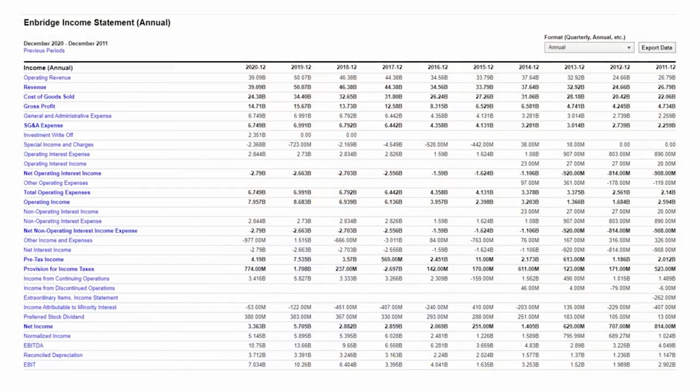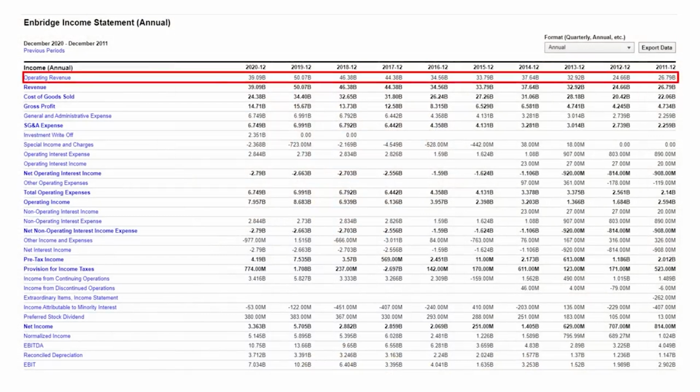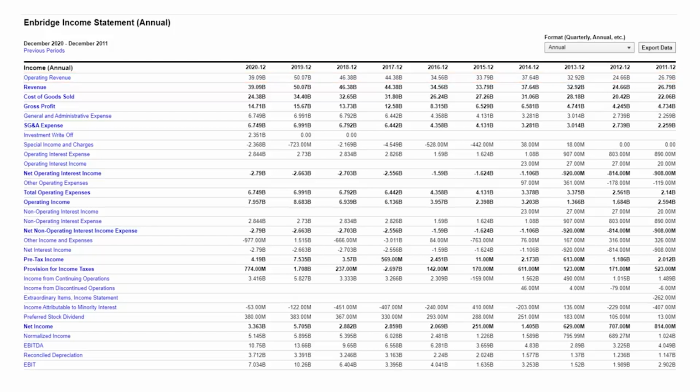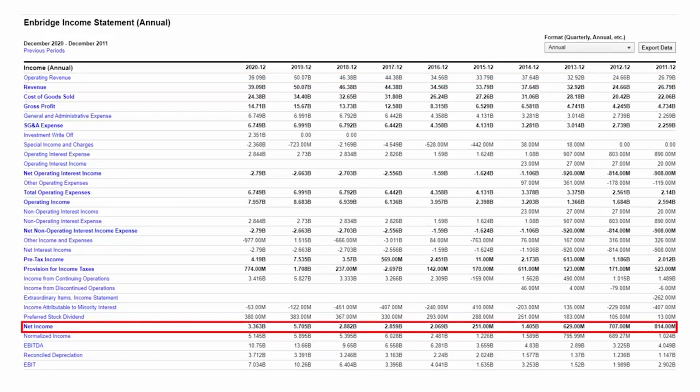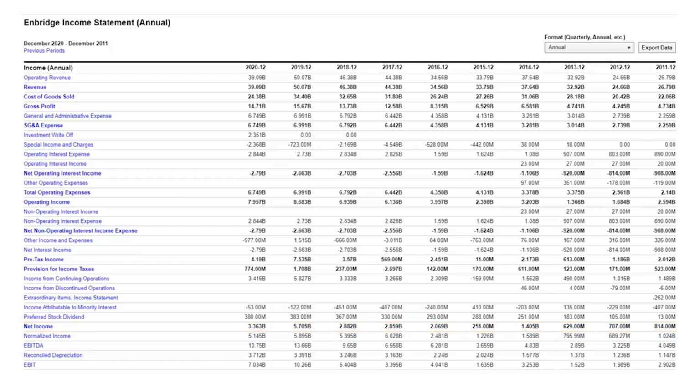So looking at a company like Enbridge, you're going to see that they have operating revenue of $39.09 billion. And if we get down to net income, $3.36 billion. So diluted earnings per share of $1.48 in 2020. But Enbridge pays a $3.34 forward annual dividend rate. So we've determined that Enbridge's payout ratio is over 200%,